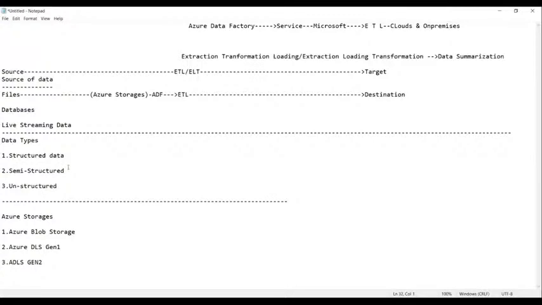Apart from this, we can have Azure Cosmos DB. This Cosmos DB is called a NoSQL database, where we don't have SQL.